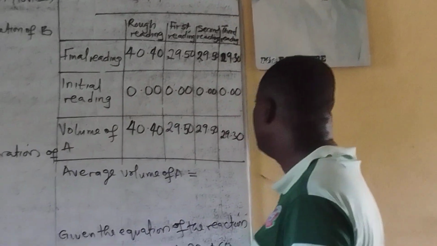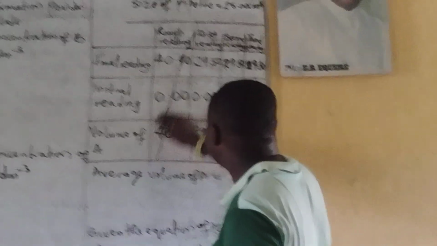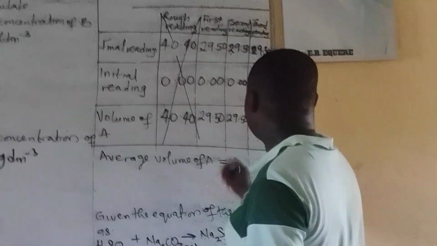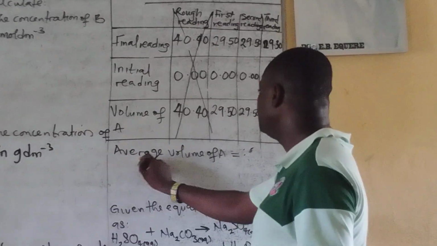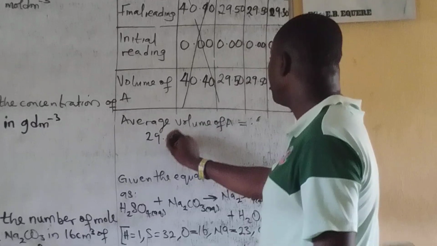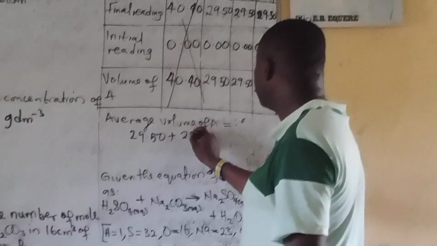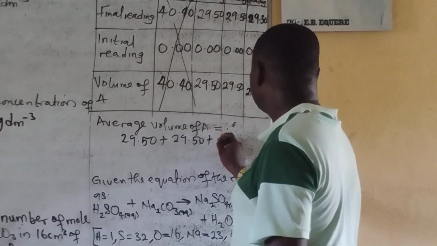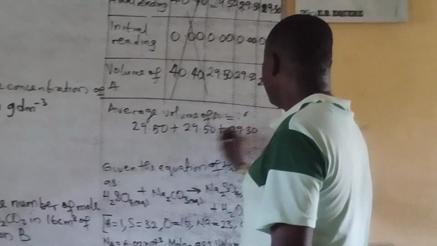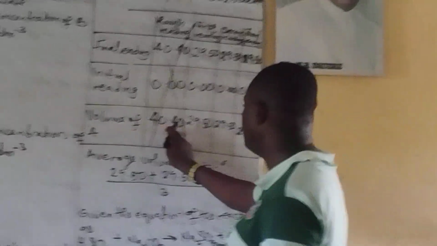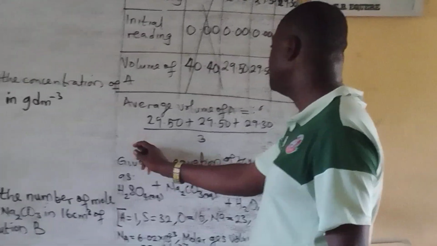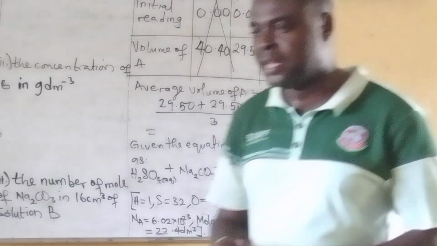So the average value, we will not talk about the rough. In fact, you can even cancel the rough like this, and start the first titer, that's 29.50 plus another 29.50 plus 29.30. Everything over 3 because I've done it 3 times after the rough. The rough making it 4 times. So my answer will now be,